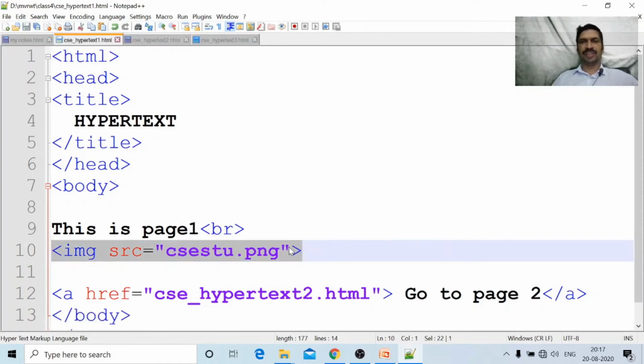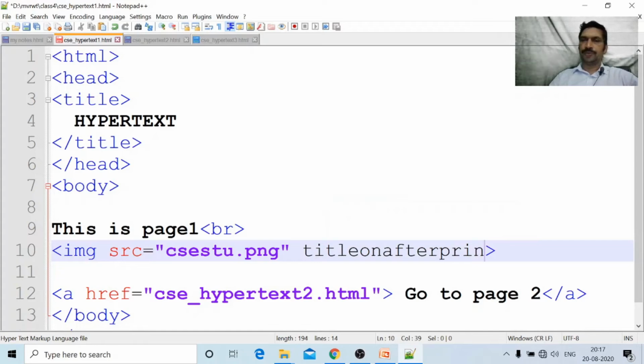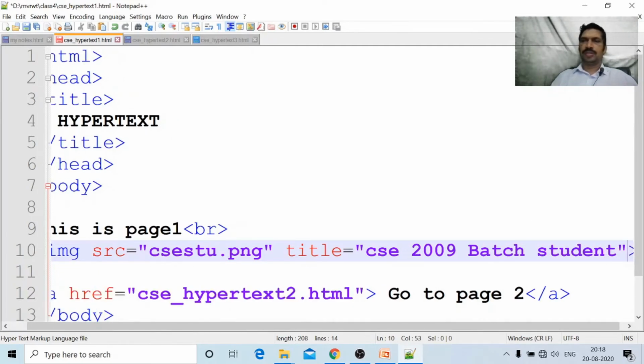Title, write the attribute for displaying, title equal to CSC 2009 batch students. Control S.